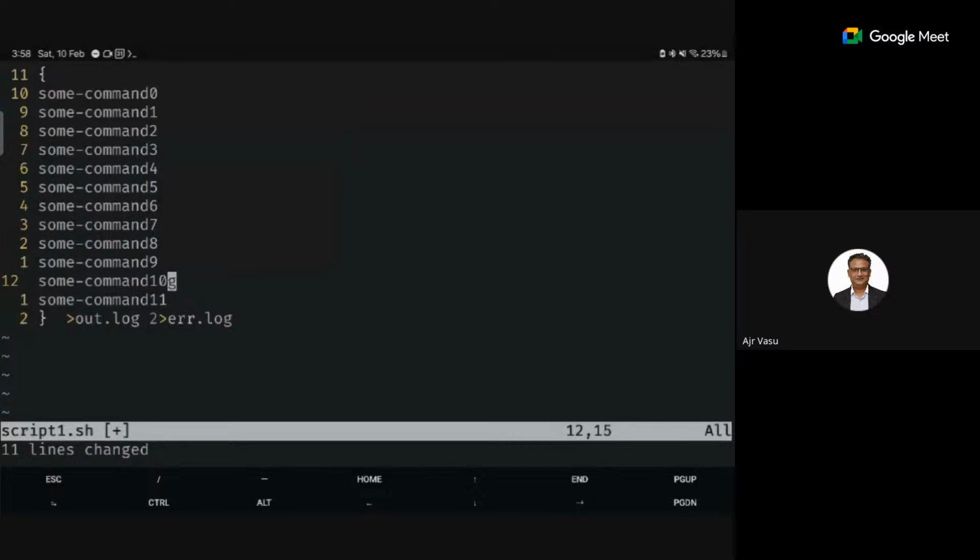Now all the standard output coming from these commands will go to this file, and standard error will go to this file.